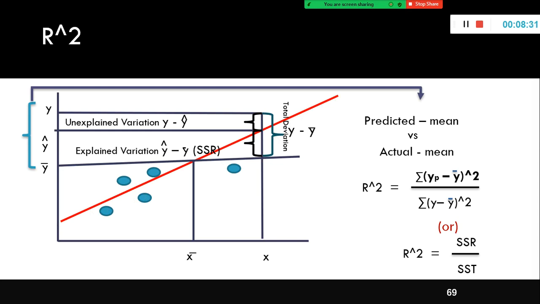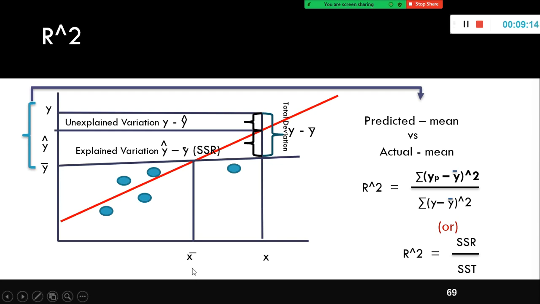In the last session I discussed ordinary least squares. What is ordinary least squares? Ordinary least squares is a method used in a linear regression model to identify the best fit line. So if somebody asks you, why should I draw a line here? Why can't I draw a line here? The rationale is that the OLS method estimates the beta coefficient values in such a way that the line covers as many data points as close as possible.